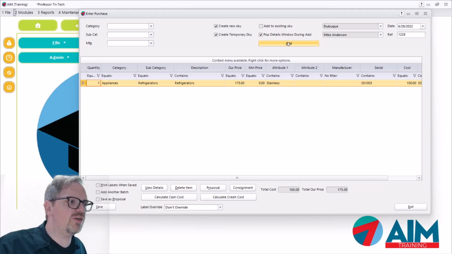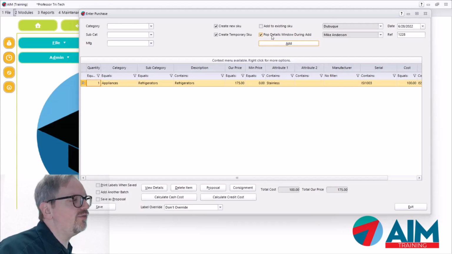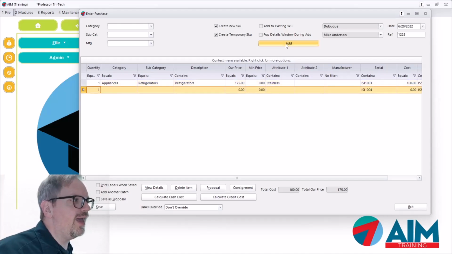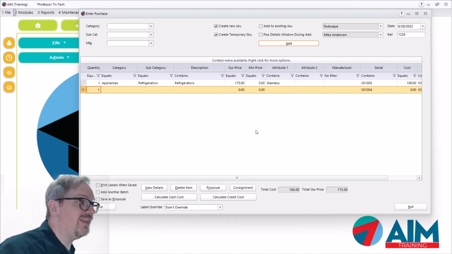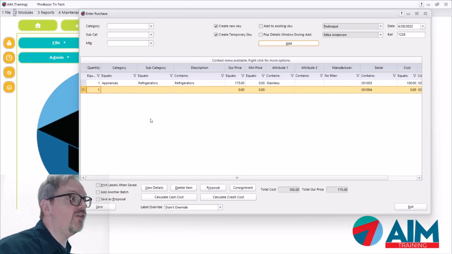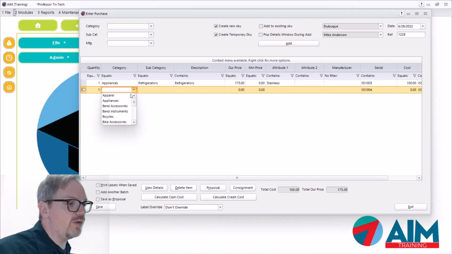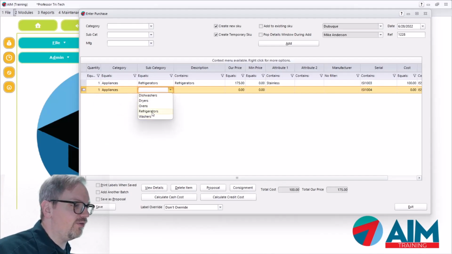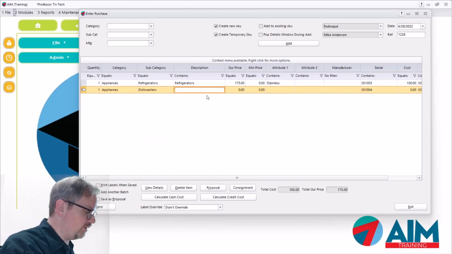Now again, I mentioned with this Pop Details function, if we uncheck that, what you'll notice is for each time we click the Add button, we see a line item appear here. We don't necessarily need that details window. We can just fill the details right here on the form, much like you can do with consignments. So in here, we could say we're receiving another appliance. This time it is a dishwasher, and the description is